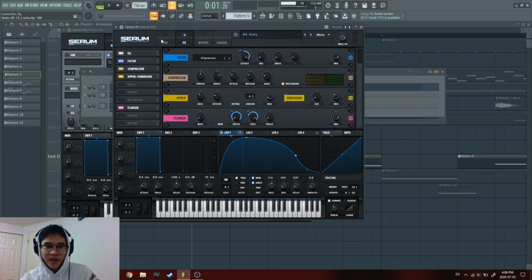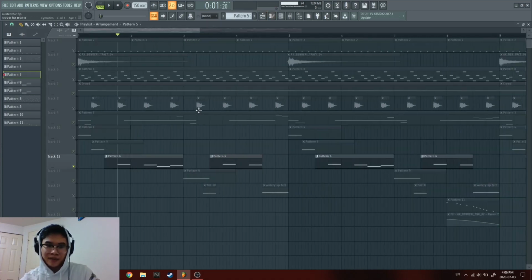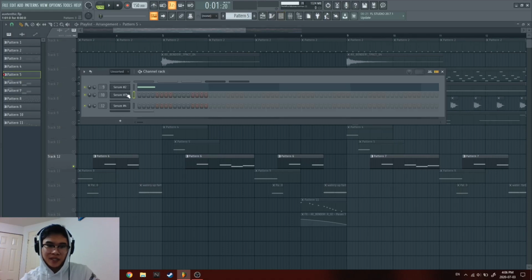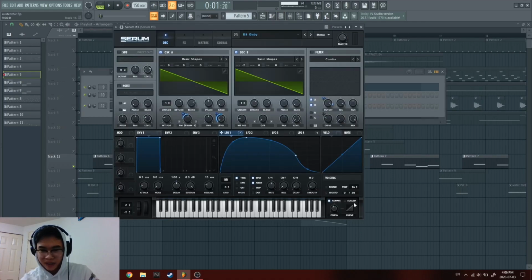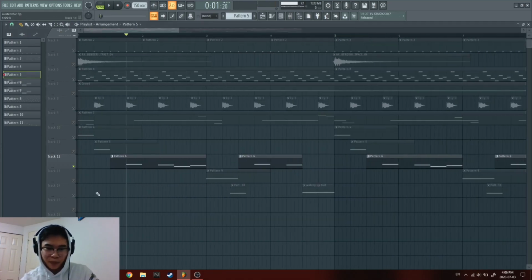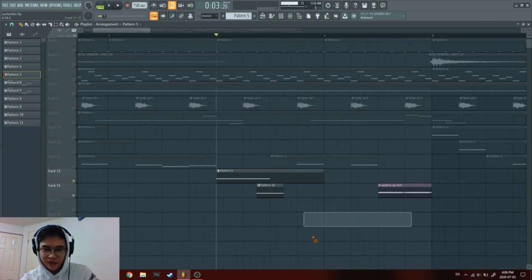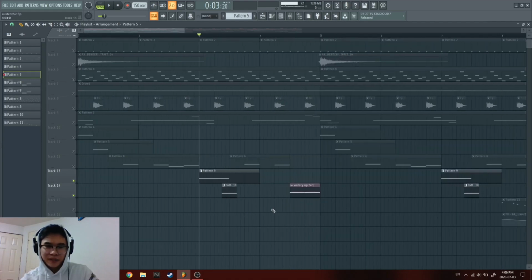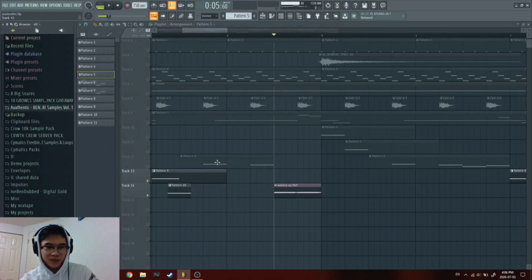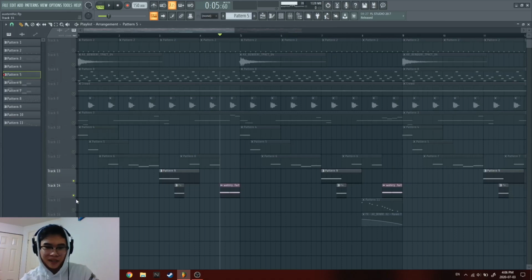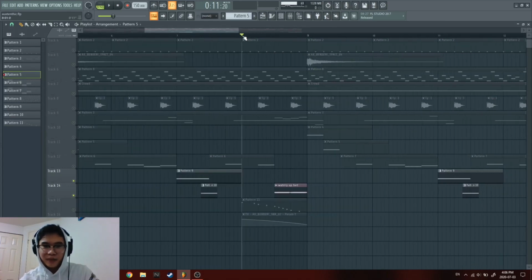And add some flanger to add the high end a little bit. And I add some legato to it so the notes will slide more easily. Now over here is just some growls to fill in here. And then we have this sound that I rendered out because it was in one of my packs. And over here we have,